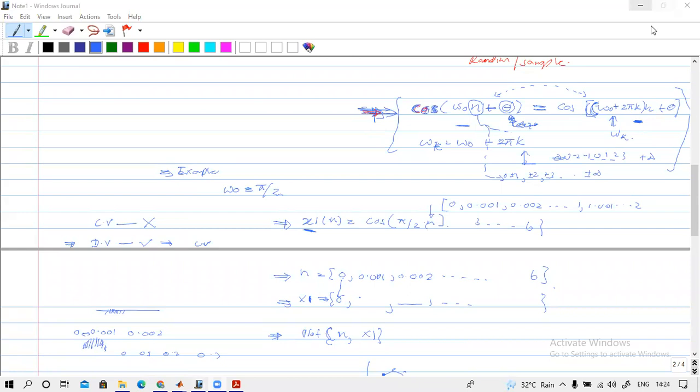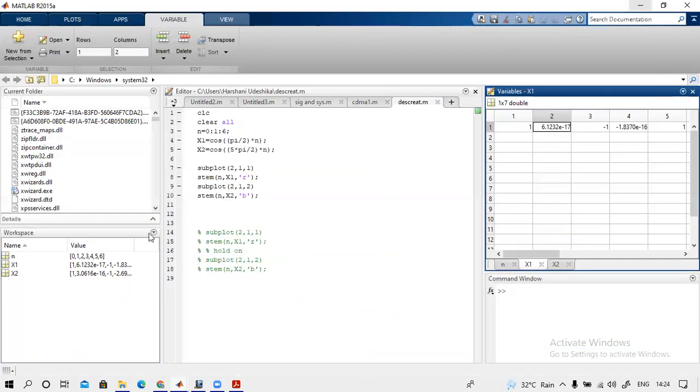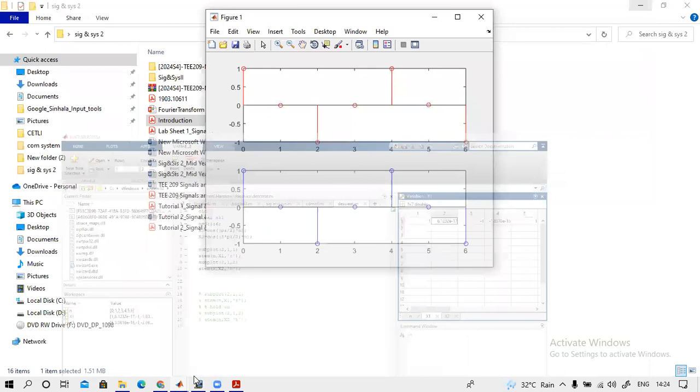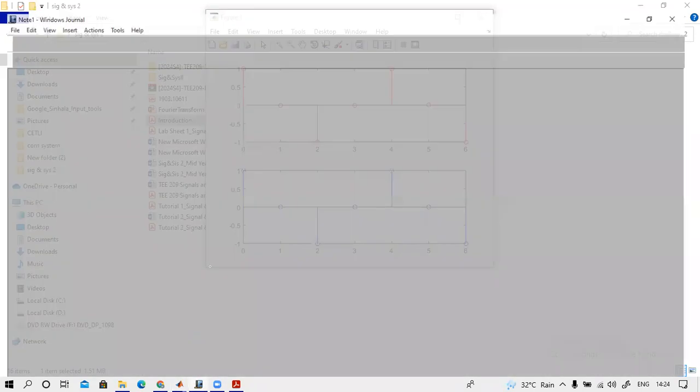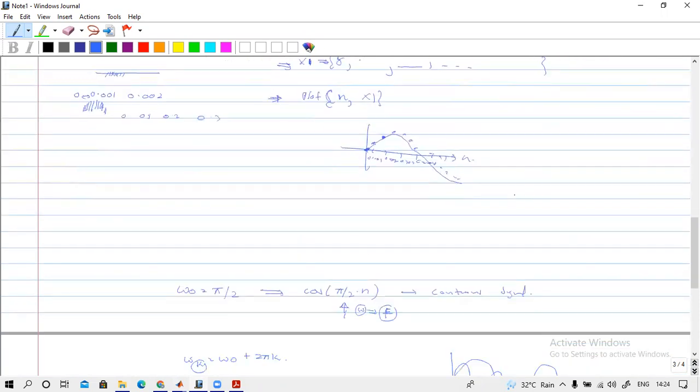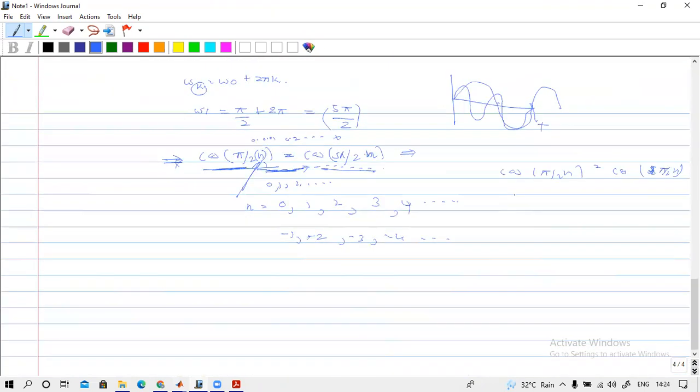I can't understand what the reason is here, but anyway, you will have the same result. Anyway, you can see the plots are the same, no? So I think you got it. I want to show you that this condition is satisfied when n is an integer value. So keep that in mind. Let's move to the